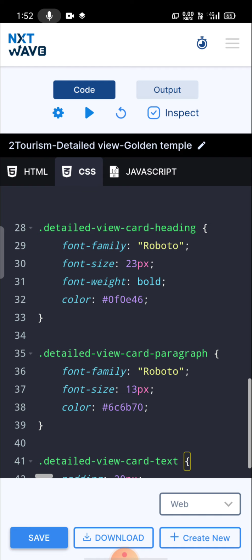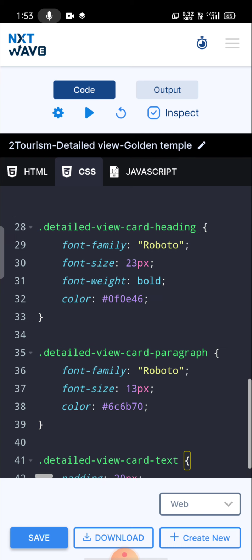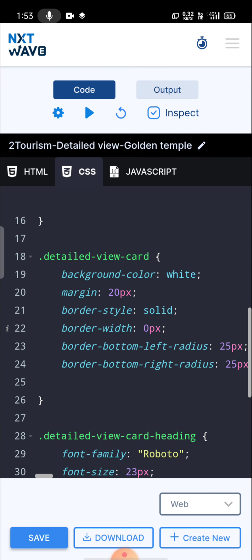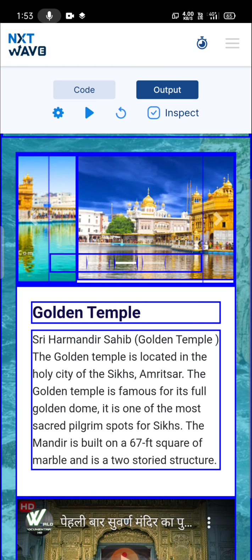These are the rules that I gave for the heading. Font family Roboto, font size 23 pixels, and font weight bold, and I used a hexadecimal code. And for the paragraph I wrote some CSS rules, that is Roboto font family and 13 pixels as the size of the text, and I used some hexadecimal code. And for the background I used background color as white, and I gave margin as 20 pixels.